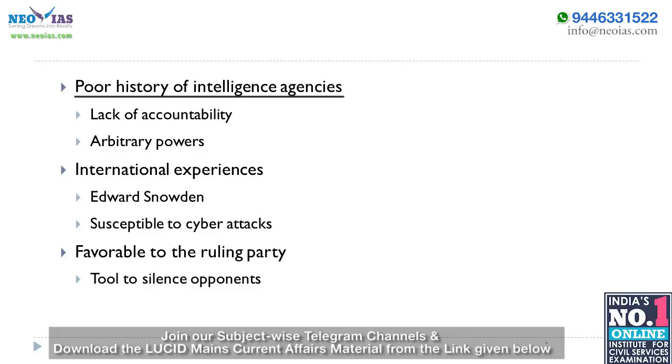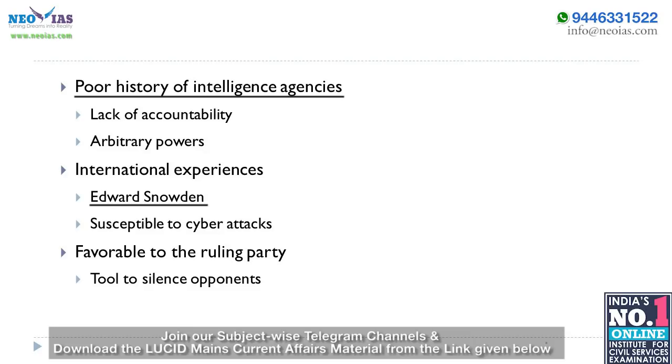There is also the issue of misuse of arbitrary powers by the agencies. Since its inception, encounter killing has been a highly criticized issue. So, giving more powers to such agencies such as the police, especially those that deal with individual liberty, could prove to be disastrous. Another concern is that global examples have not been promising. Take for instance the PRISM program of the USA that Edward Snowden revealed. Now, we cannot assure that such a scenario will not arise in India. So, it makes the notification a very legitimate concern.